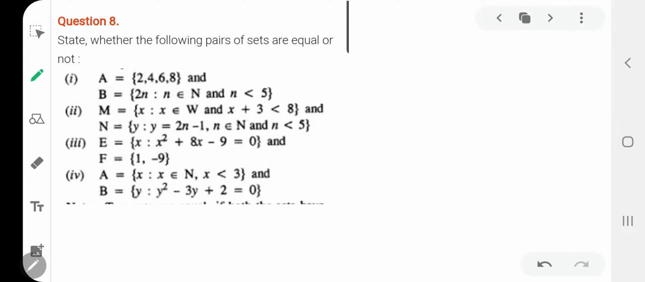Let's see question number 8. Now state whether the following pairs are equal or not. Equal means they should have the same elements. The number of elements must be the same, but the elements should also be the same. Let's see. Your first is